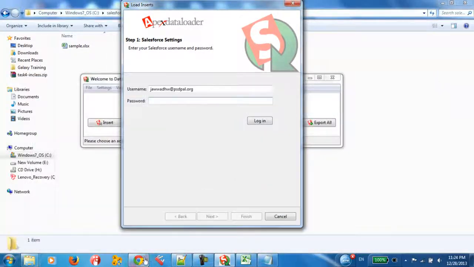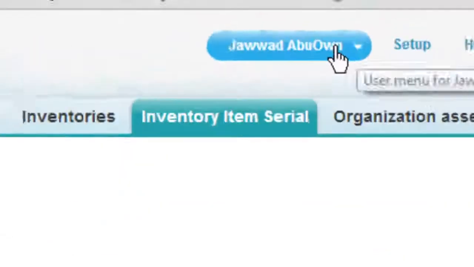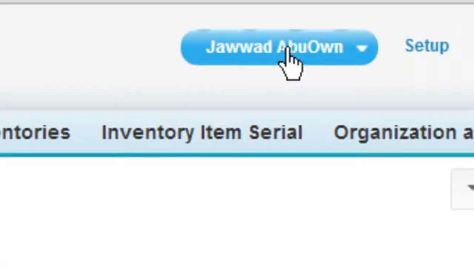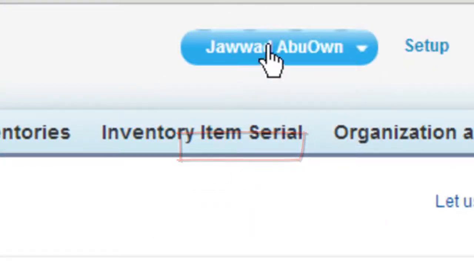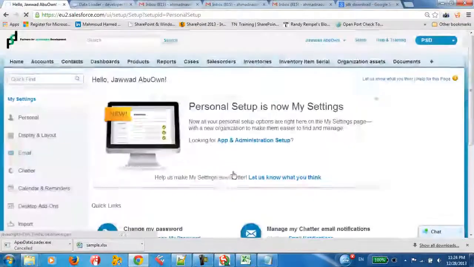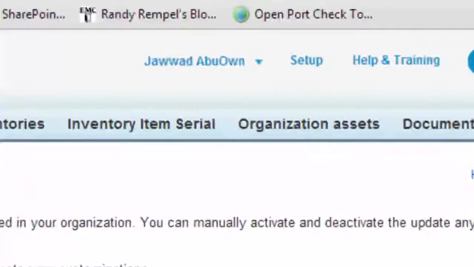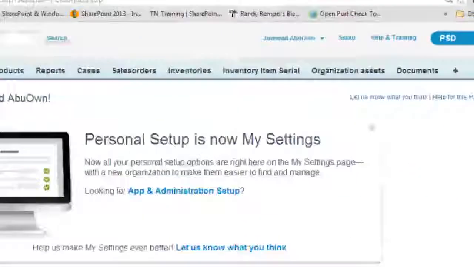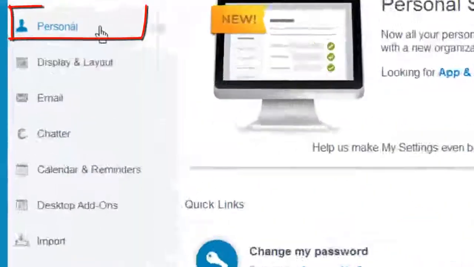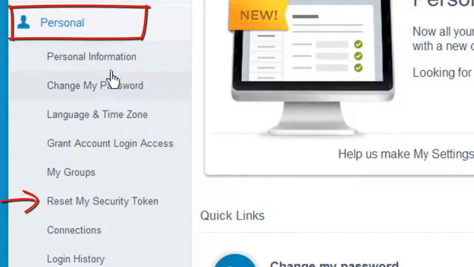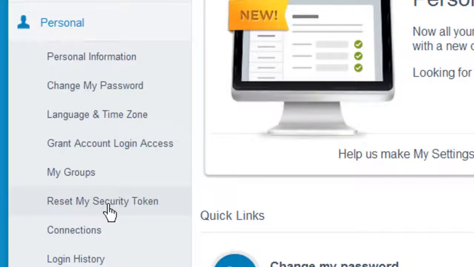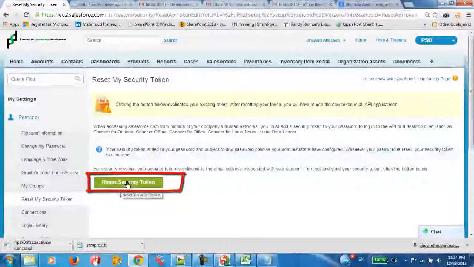In order to get the token, you have to go to your Salesforce account, go to My Profile, and after that go to My Settings. Then go to Personal and try to find the token. From My Settings, go to Personal. You're going to find something called Security Token. Reset my security token. Just click on this, click Reset Security Token,